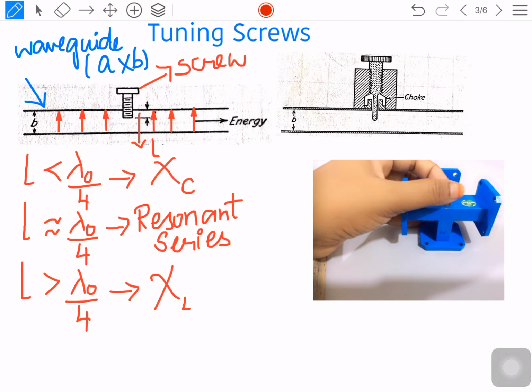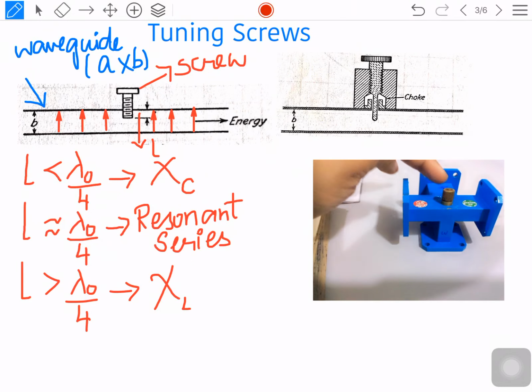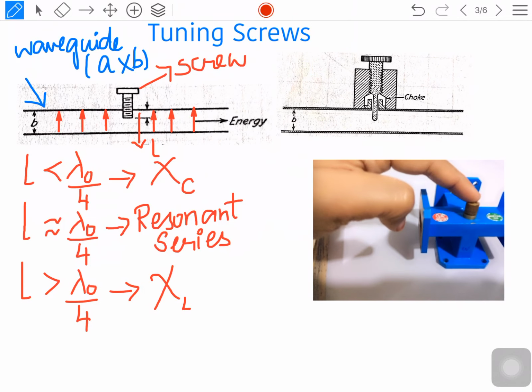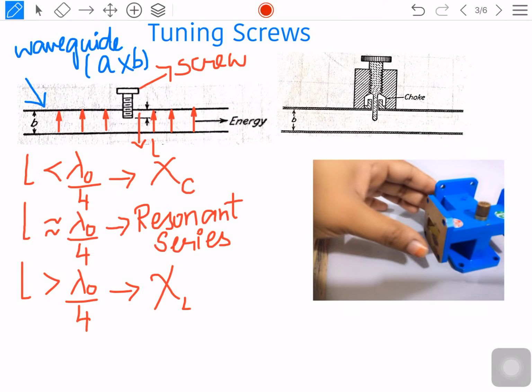By moving it, I can change the length of the penetration. In this way we can keep changing the value of the susceptance. Based upon the length of the penetration, the susceptance value will be changing. This is how a tuning screw looks.